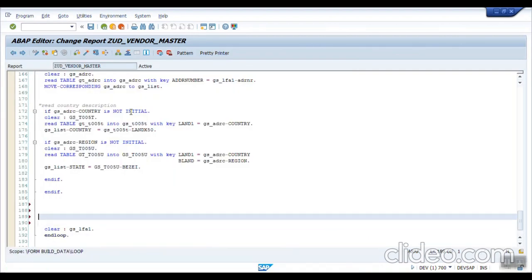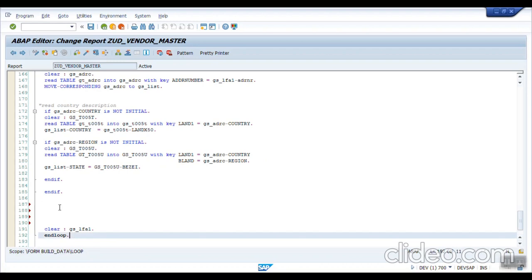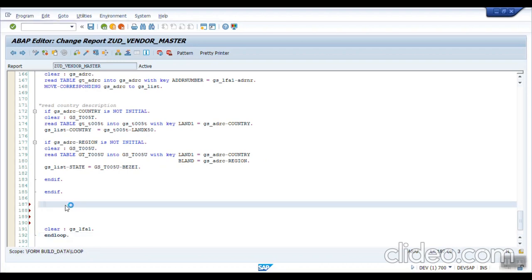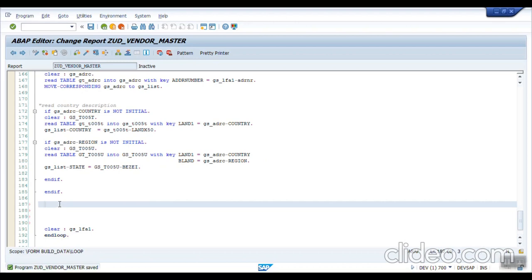Now we have to use the email ID and the mobile number. So my requirement is from one table I want to display two email IDs, 1 and 2. For that, inside this loop I will make another loop on ADR6. Generally when we are using the nested loop, that is a loop inside loop, we have to go for the parallel cursor method that I will be covering in the upcoming sections. So here I will be using the normal loop. So loop at gt_adr6 into gs_adr6